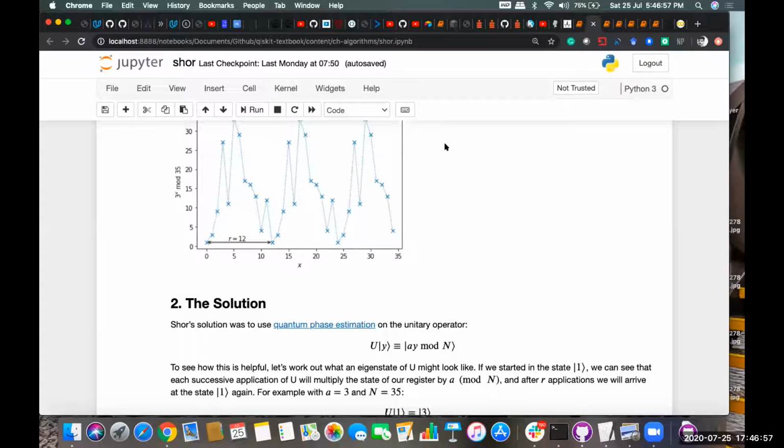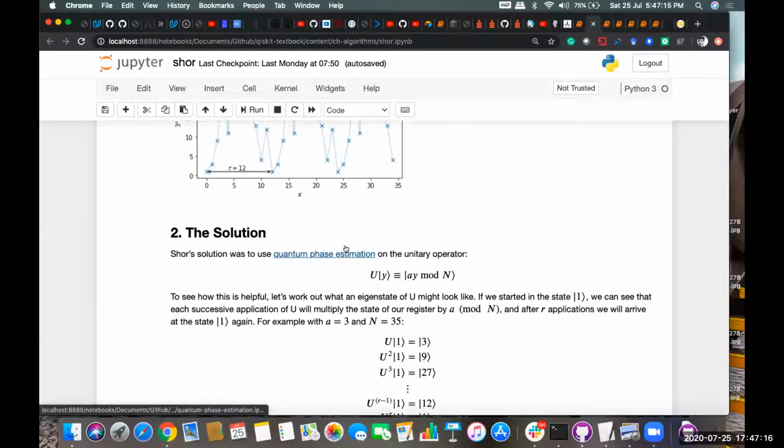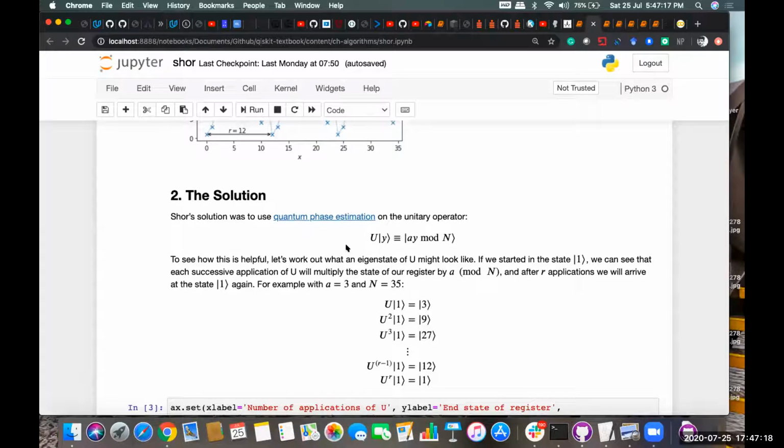And then if the value of p is odd, then we'll go back to step 1 and we will again pick some random number which is greater than 1 but smaller than n, and we'll keep repeating these steps until we find a non-trivial factor of n. And once we find the non-trivial factor of n, we will be done at that step.